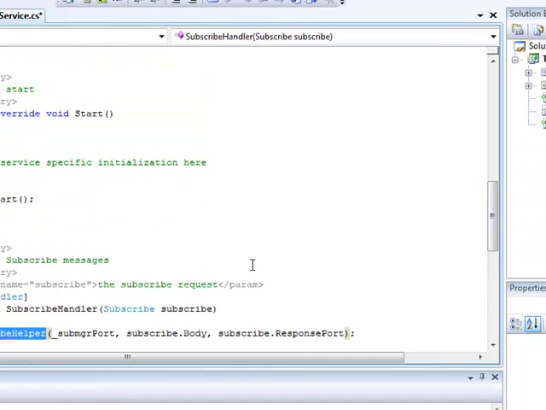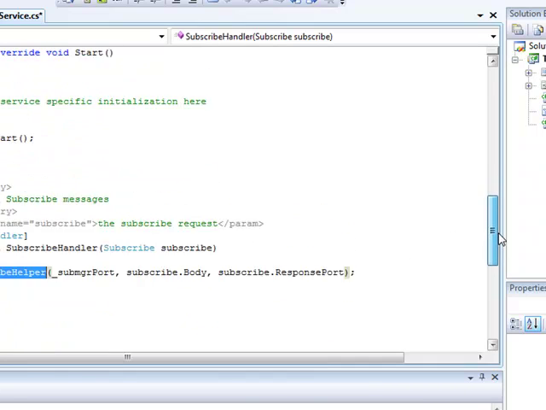We did display the service state a moment ago using the web browser. In order to do that, we effectively used the get operation, but you'll notice that there's no get operation handler